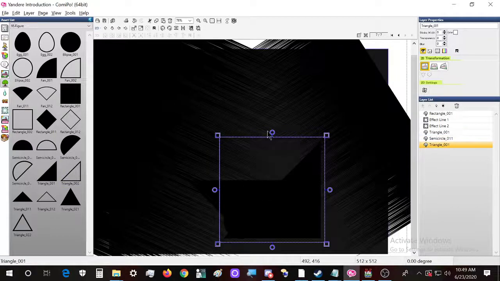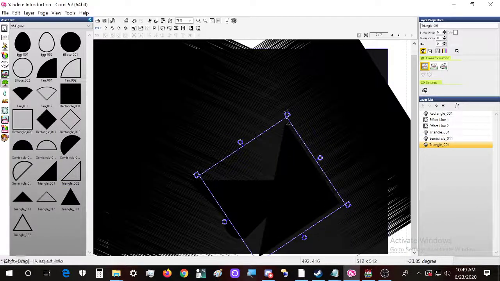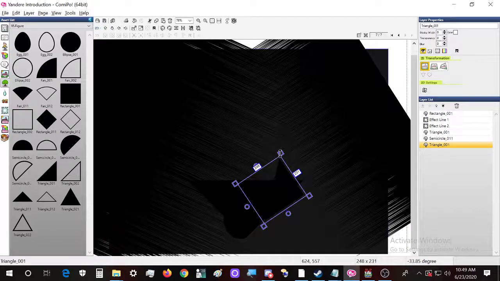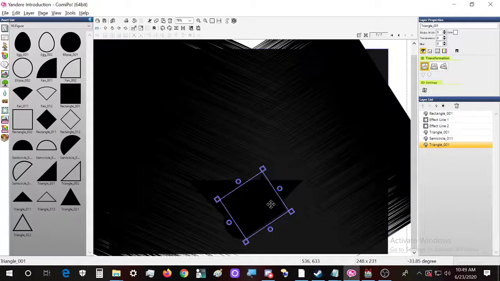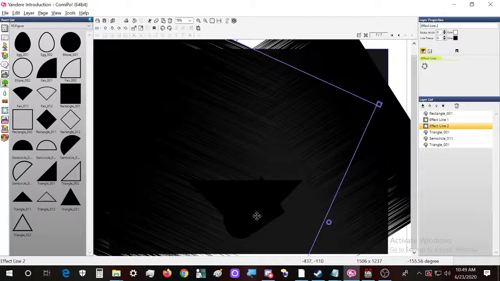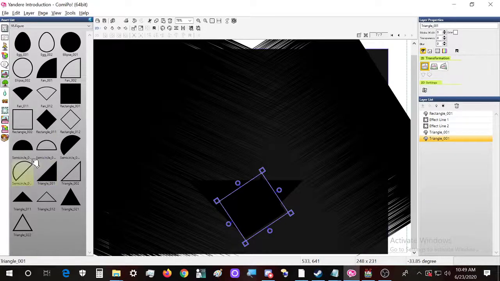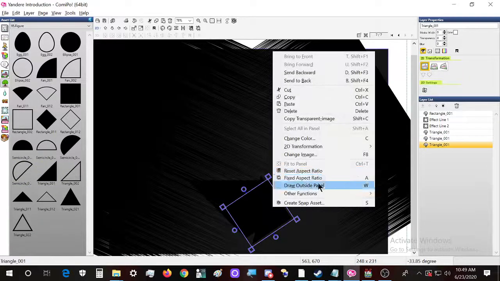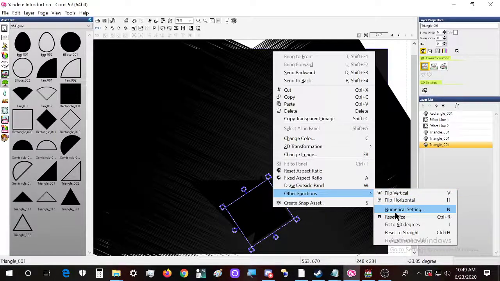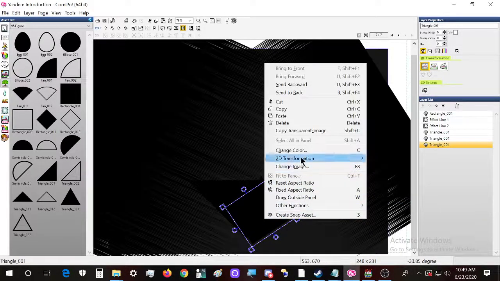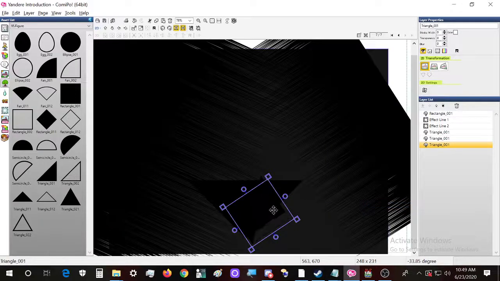Let's see, can we actually create the idea of a slightly angled face, something like this instead. And this one we can actually delete as well. Let's say other functions, flip horizontal, and then flip vertical.